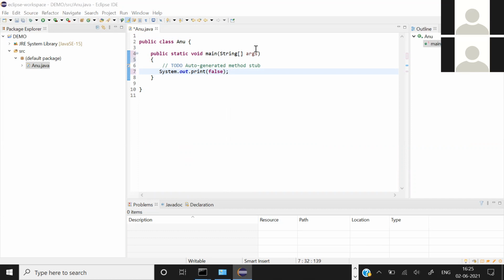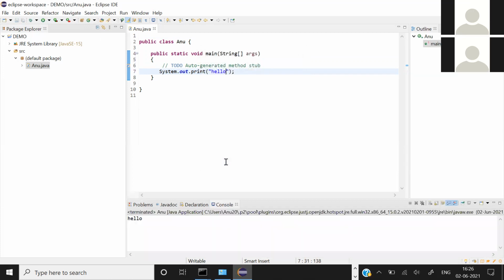Just run this. How are you going to run it? You can see this green arrow below the refactor. You can type anything, hello or whatever it is. Click on this green arrow button below the refactor, on the left top, just below that, beside one, yeah, this one. Run this. Yeah, okay, it's working, right?